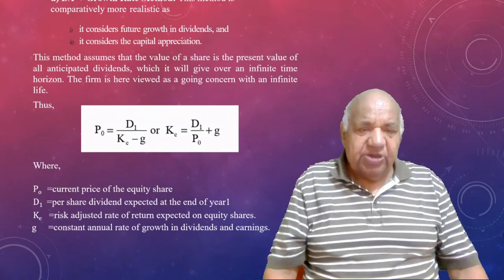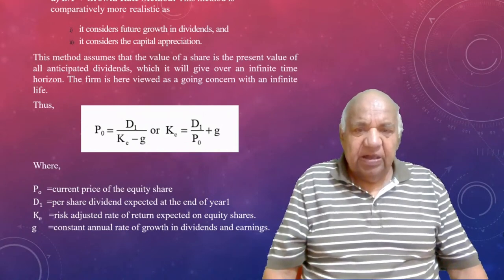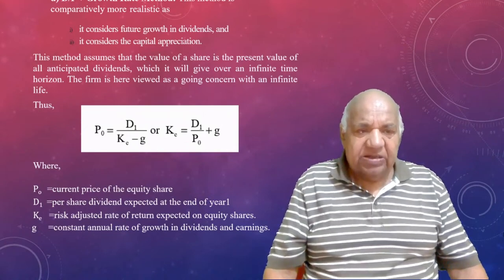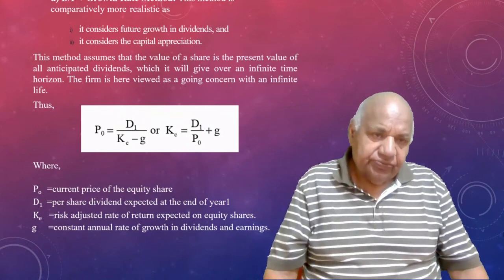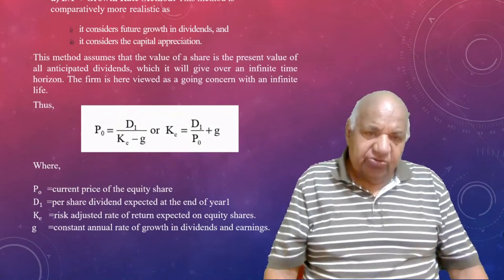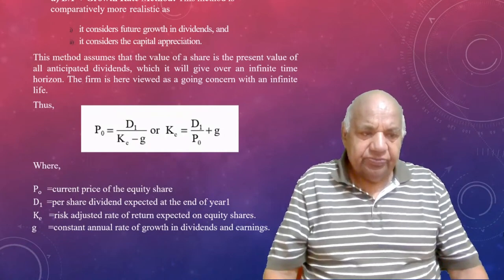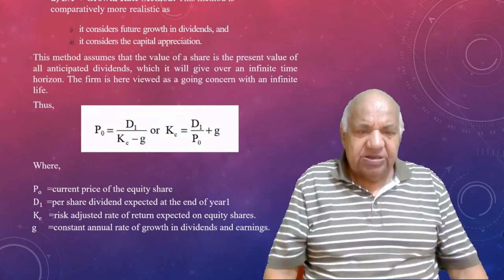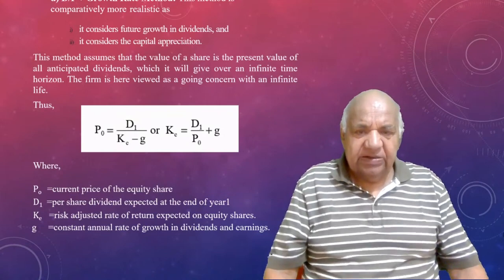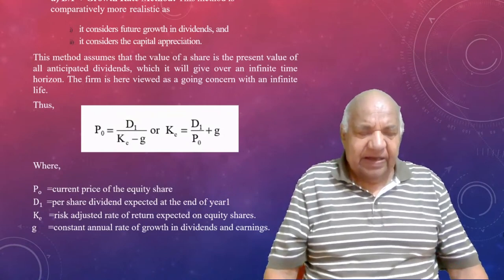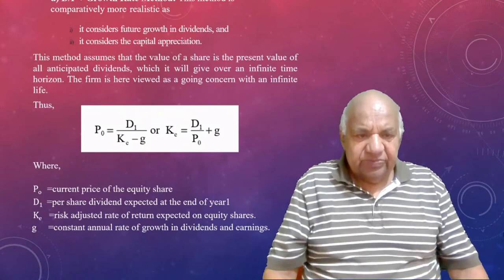This method assumes that the value of a share is the present value of all anticipated dividends, which it will give over an infinite time horizon. The firm is here viewed as a going concern with an infinite life. Thus,